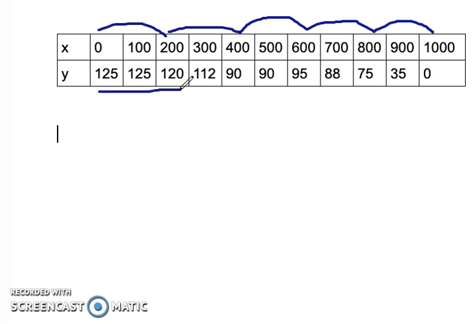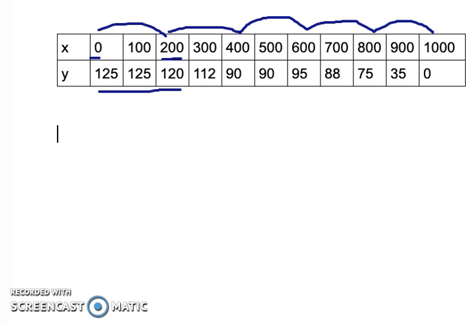Now our b1 and our b2 are going to be 125 and 120 respectively. And our h is actually going to be the difference between the two x values. So that would be 200 minus 0, which is 200. Now when you plug that into your area of a trapezoid, like what we've been doing the whole time, you get 20,000. You do that for all of your other intervals shown here, and you add them all up,